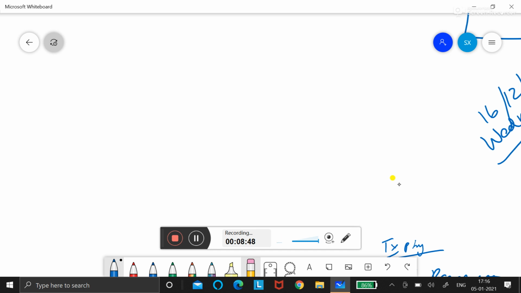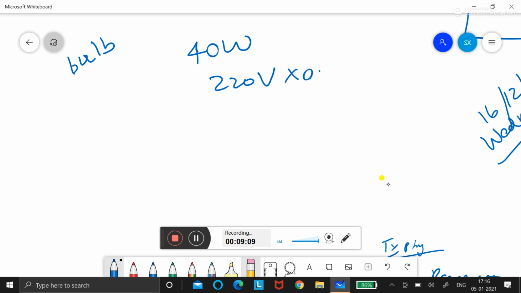So in your book, if you see, many things are given, like a tabular column is given. If you want to see tube light, electric bulb. So if it is 40 watt, suppose the bulb is a 40 watt bulb. So what is the meaning? It has 220 voltage and it has 0.18 ampere. Okay, so P is equal to V into I. When you multiply this, you will get that.